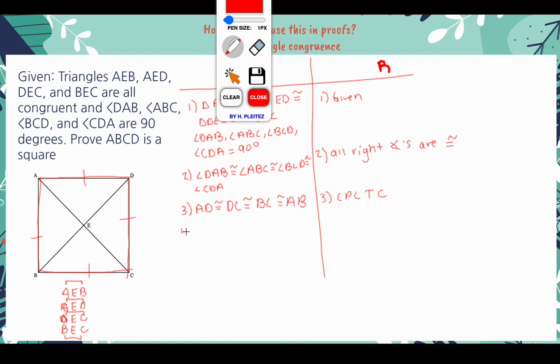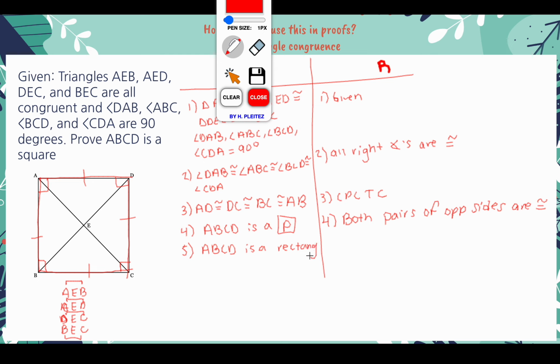Now we actually have enough to go our parallelogram route. So we have ABCD is a parallelogram, and the reasoning is because both pairs of opposite sides are congruent. And then in our plan, we said we were going to go the rectangle route, and I forgot to relabel this, but we have right angles here. So right away, we don't even need to do anything else. We also know that ABCD is a rectangle. Now, rectangle doesn't have a symbol, so you got to actually write out the whole word. And the reason is,